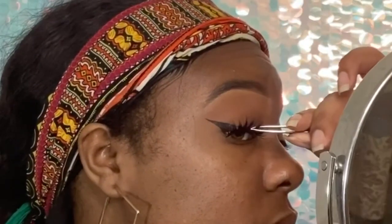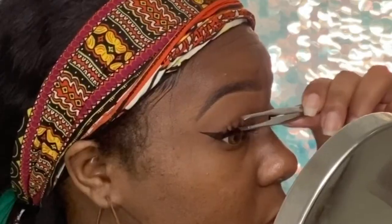And put that all over my lid. And then I'm going to make a winged eyeliner, also using e.l.f. eyeliner. I'm also going to put some mascara on to prep my lashes for my falsies that I got from Kiss. So now that we're done with the eyes, we're gonna go ahead and get to the main event of